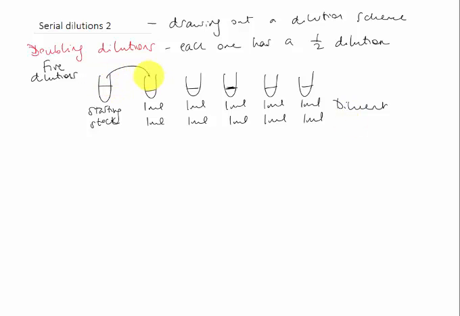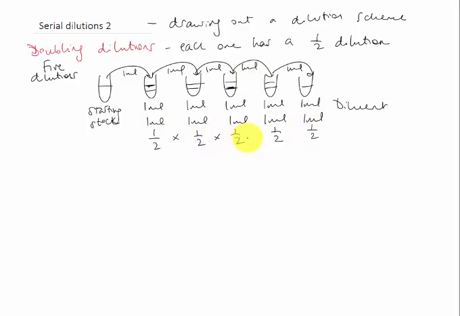So here we're going to add 1 ml. So that gives us 2 ml in total, which has been diluted 1 in 2. Then we're going to do that again. So add 1 ml from here into there. Same thing again, we get 1 in 2. Same thing again, draw a little arrow, 1 in 2. So all the way along the line. So each time we add 1 ml from the previous tube